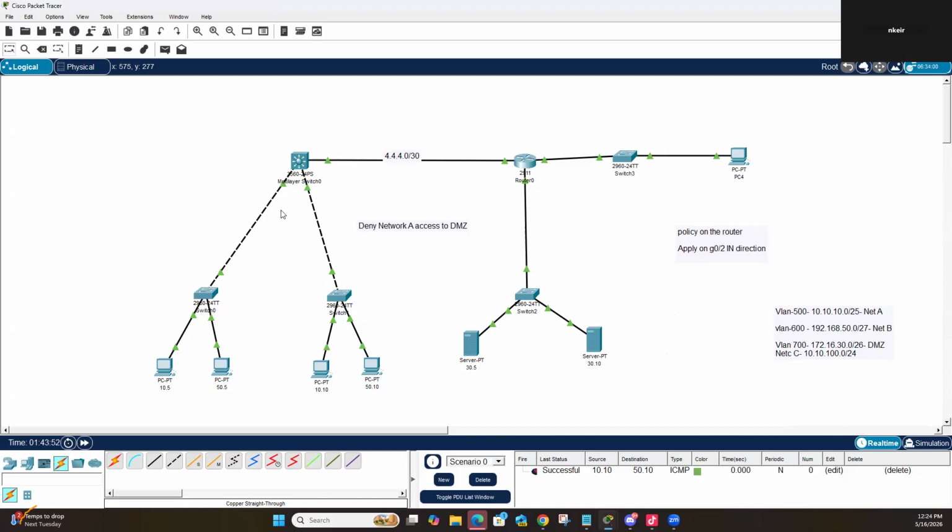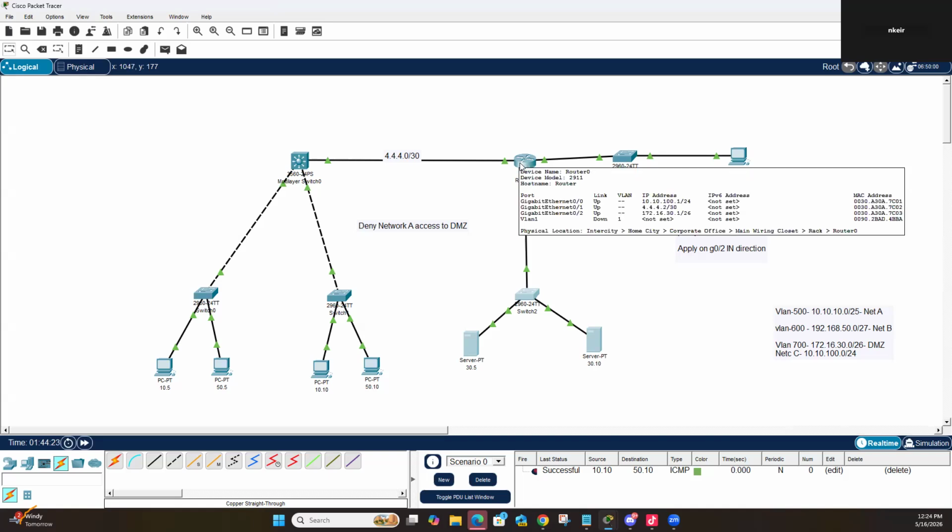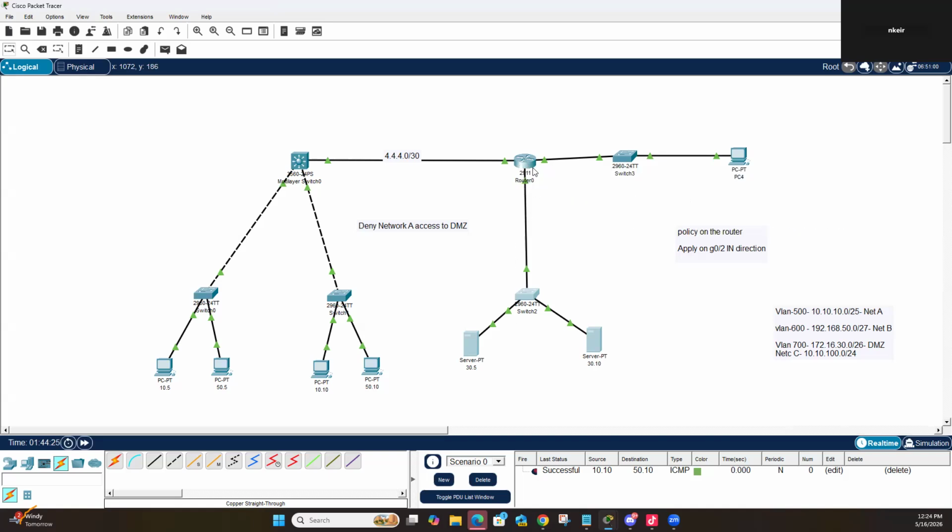Let's review that. So we want to drop traffic sourcing from network A going to this guy. Traffic that will source from here will hit this switch in the in direction and enter the switch. And it will leave this switch in the out direction here and then head to this router. The traffic will enter the router from here in the in direction. This is the in for this. So when you hit this switch and you want to get to here, it will leave this router in the